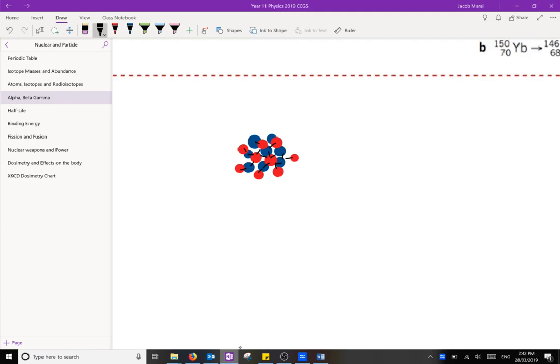Now it's nuclear potential, not so much electrical, but nuclear. And if we've got a nice ratio, we're happy because the ropes are there to keep everything bound. So the strong nuclear force binds our nucleons together. If we don't have a nice ratio, if we were to remove one, and it could be a proton or it could be a neutron, now we have an unstable ratio. So now maybe we've got too many protons.